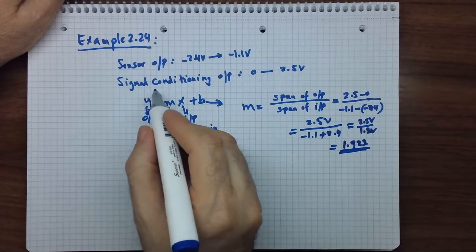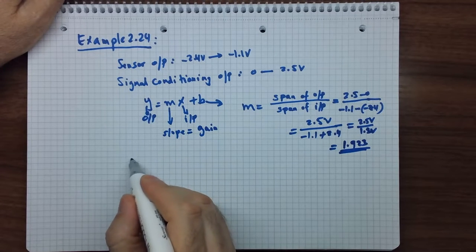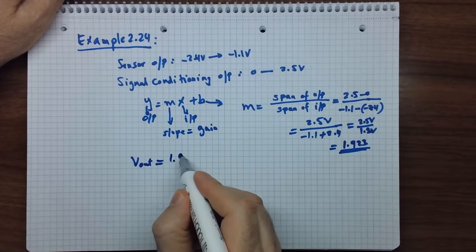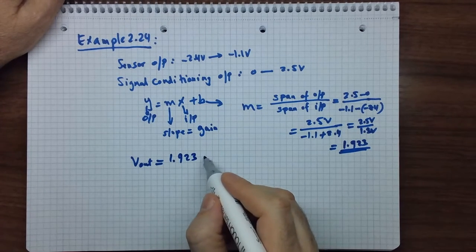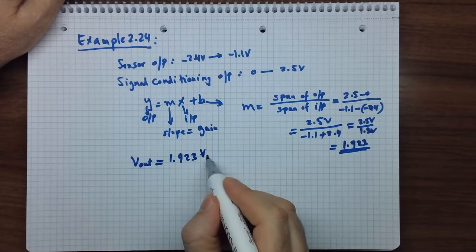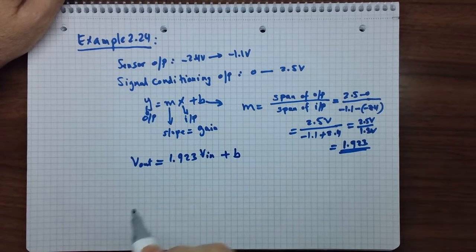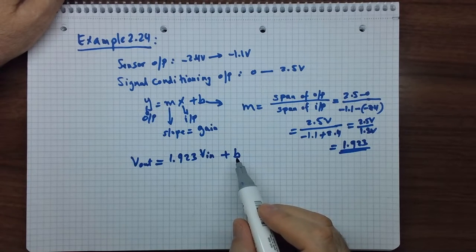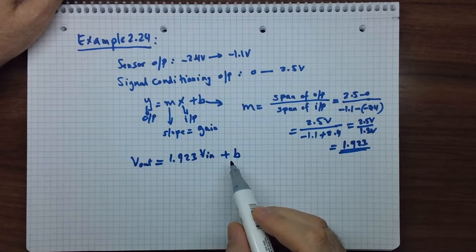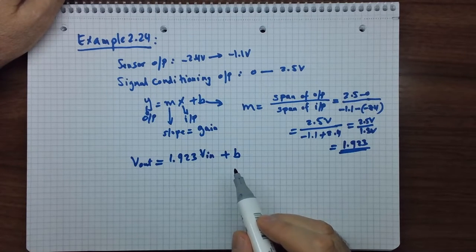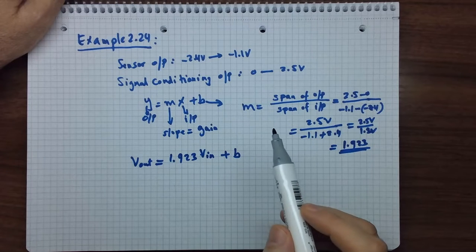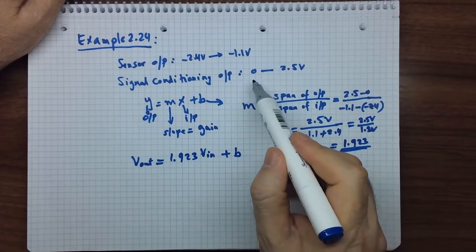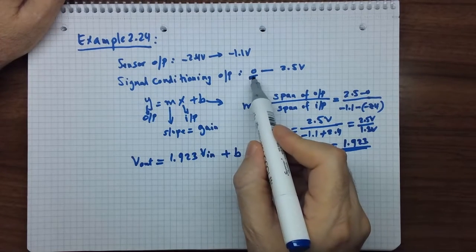Then we have the equation. Substitute instead of y the output, which is V out, equal to the slope, which is 1.923 times x, in this case is Vin, the input, plus b. How can we find b? We can find b by substituting one bound, either the initial bound or the final bound. So in this example it's easier to substitute the 0 here. So the output is 0